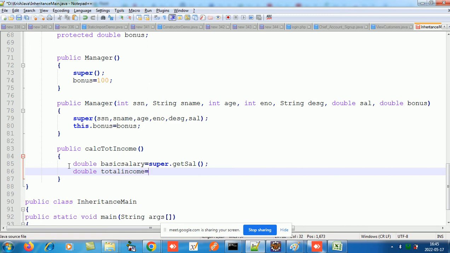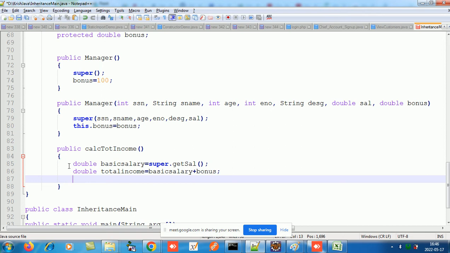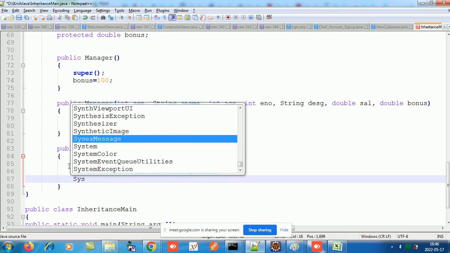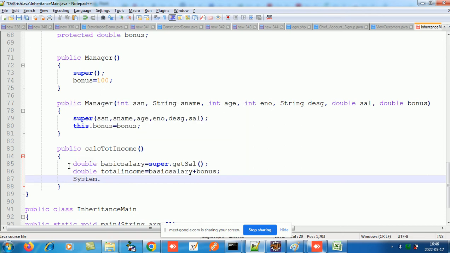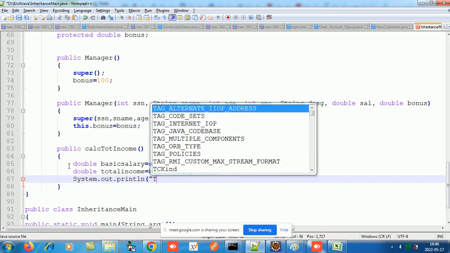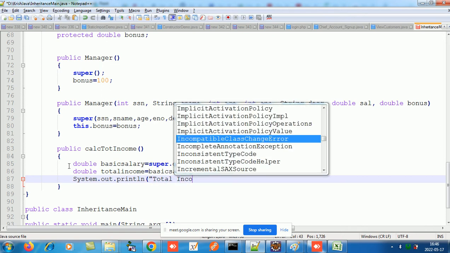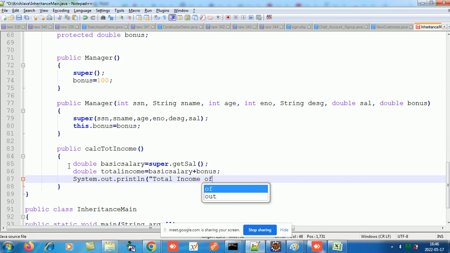Total income equals to what? Basic salary plus bonus, and I'll display it. So like this, you can always call your superclass function with the super keyword. Total income of manager is